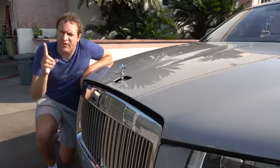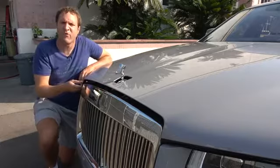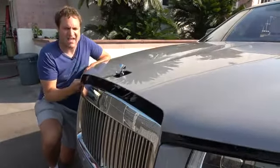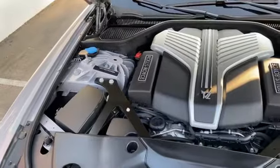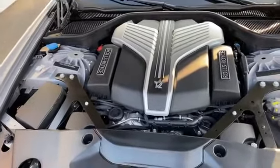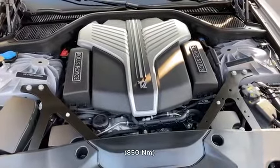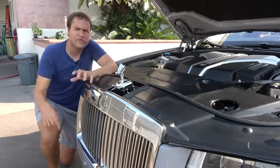And next up, we move under the hood. And like I said before, the hood has this cutout to avoid the Spirit of Ecstasy. So when you open it, it clears, just barely. But you open up the hood and you can see this car's engine, a massive V12. 563 horsepower, 627 pound-feet of torque, 0 to 60 in 4.6 seconds,